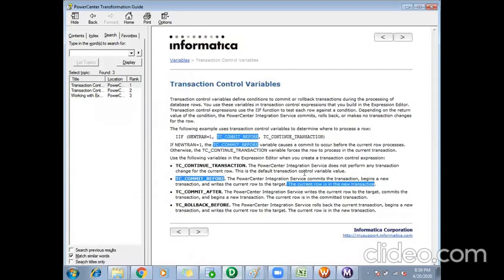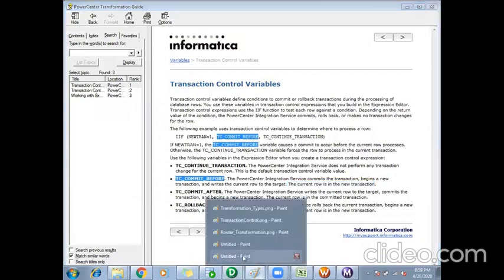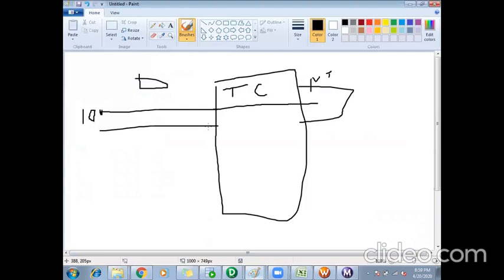This is the default transaction, so it won't make any changes. I'm saying continue transaction, so it will go to the existing transaction now.